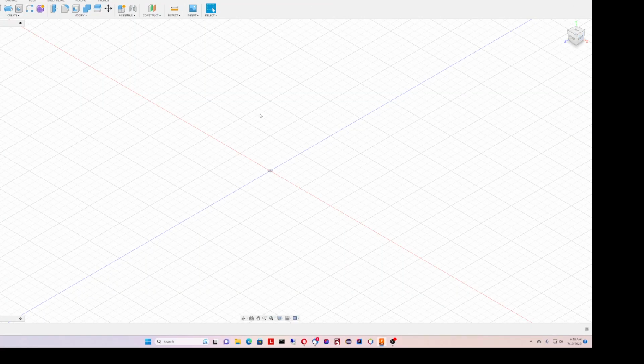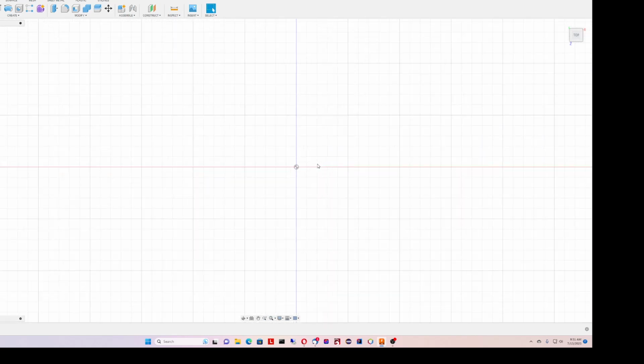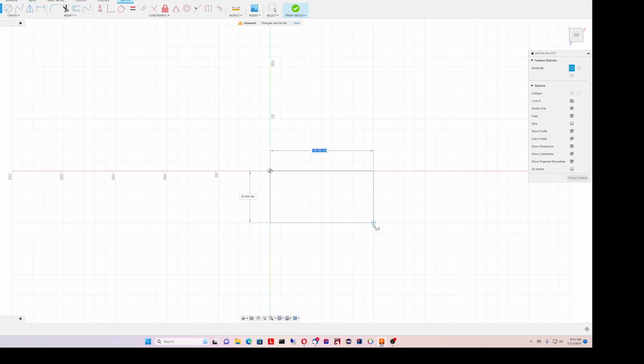Okay, so I opened up Autodesk Fusion 360, and I'm going to use that to draw my 3D representation of my garage side still, or whatever you call those things. So first thing I'm going to do is change my orientation to top and maybe increase my resolution just a little bit here. Okay, that looks good to me. So I'm going to start off with a sketch, and I'm going to do a 2-point rectangle on this plane, and I'm going to put it on the center point, and according to my measurements, the width should be around 52.9,